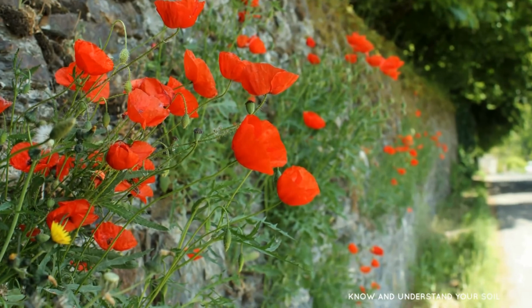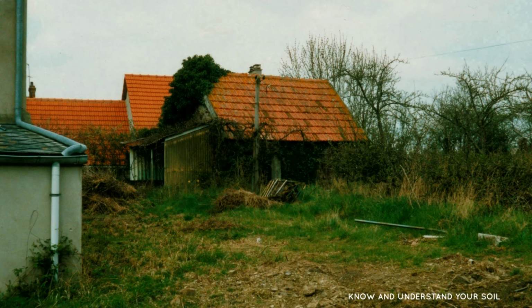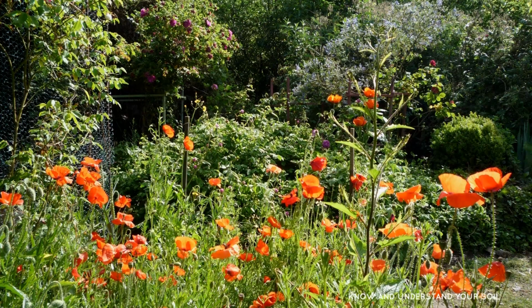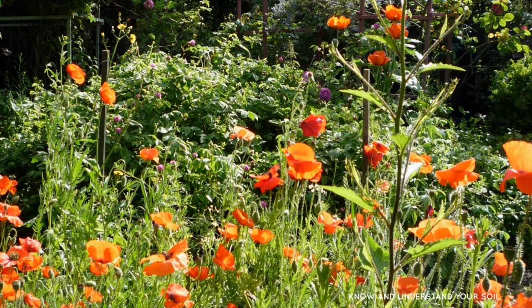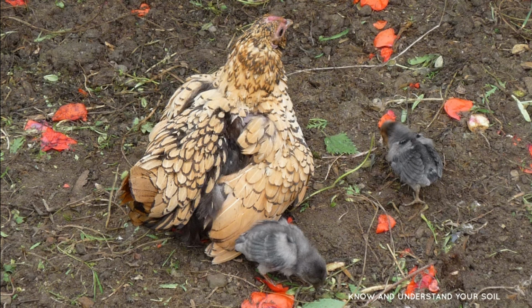Wild poppies, apart from being beautiful, are a great indicator of soil type, in particular if you've bought an abandoned garden. This is because once the seed falls, it will lay dormant if the garden has been abandoned and grass has grown over the top. But once you start to dig in that garden, those poppies will germinate. So you'll be able to see from where the poppies are in a piece you've dug, where the garden has